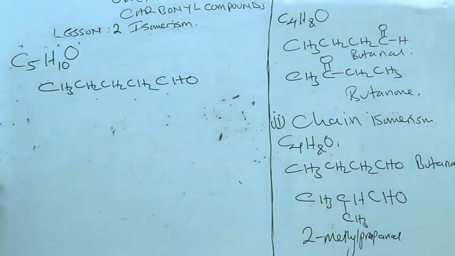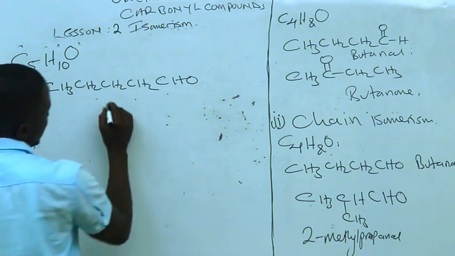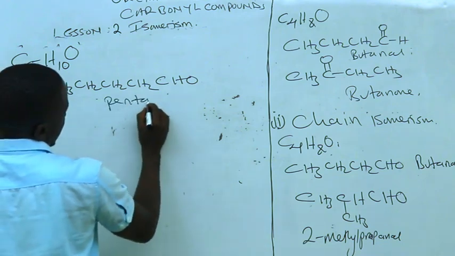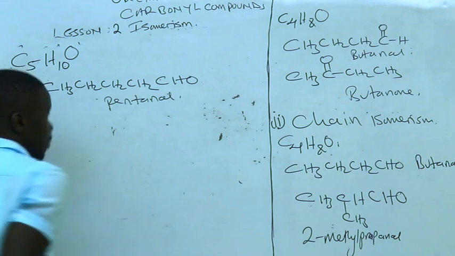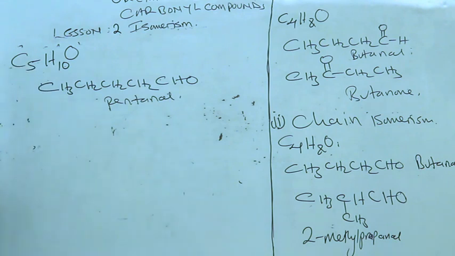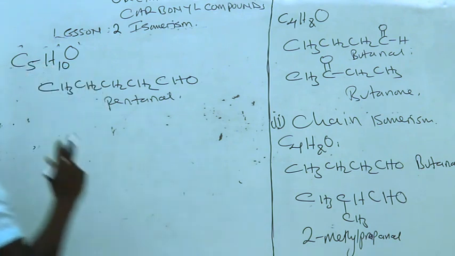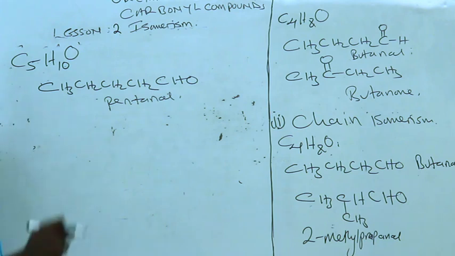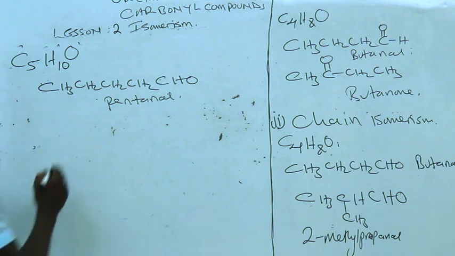And that is an aldehyde called a pentanal, from the word pentane. Now, instead of 5 carbon atoms within the carbon chain, we would put 4 and create